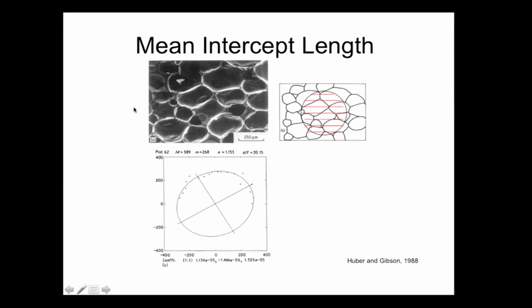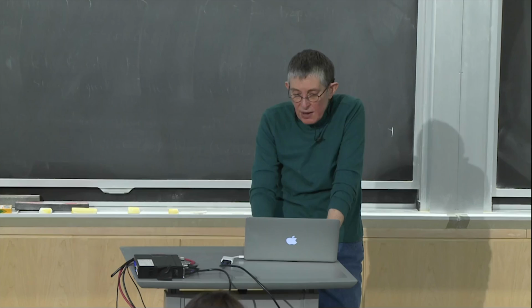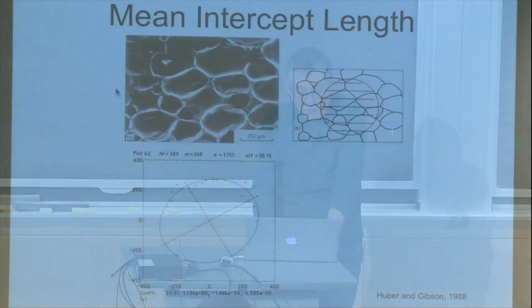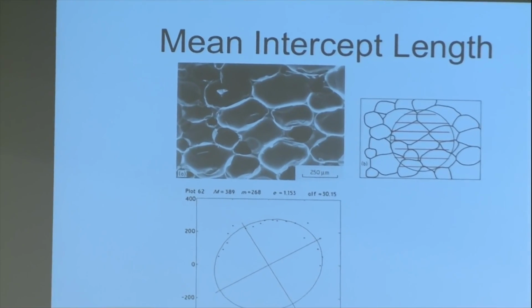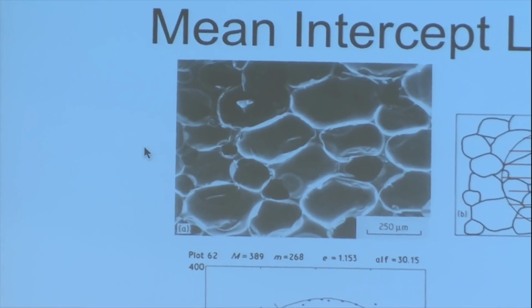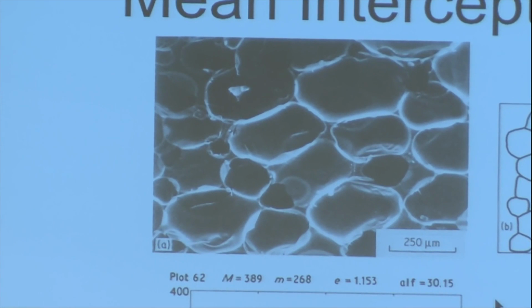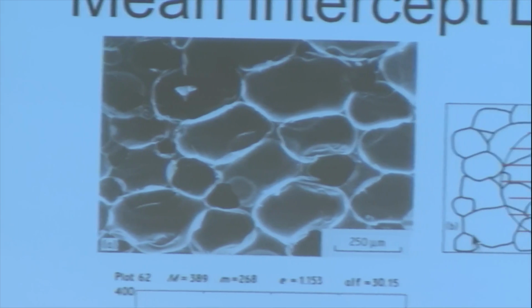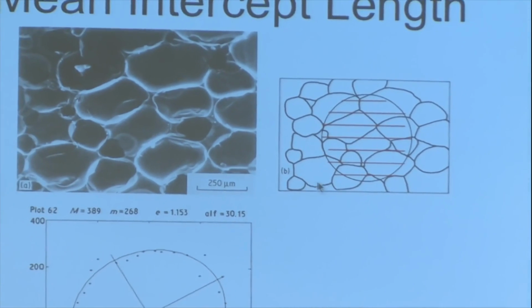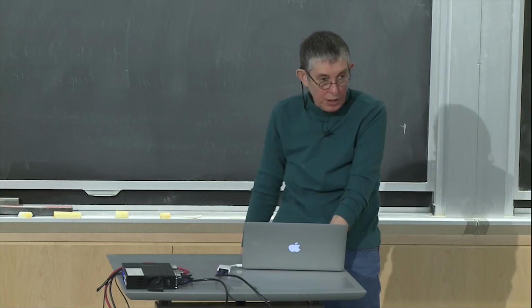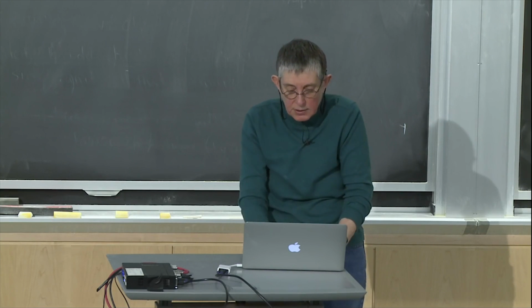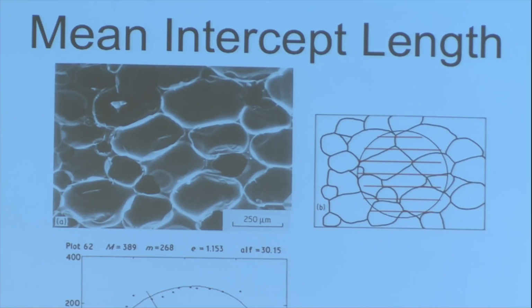Okay, so here's, whoops, my pointer keeps disappearing. So this top left picture here shows an SEM image of a foam, and you can see you've got some big cells and little cells, and there's no obvious way to characterize the cell shape. And what people do to calculate this mean intercept length is they take an image, they then sketch out just the cell edges that touch a plane surface. So all these black lines are like if you put ink on your foam and put it on an ink pad and then on a piece of paper, you would get this outline of the edges of the cells where they intersect that plane.